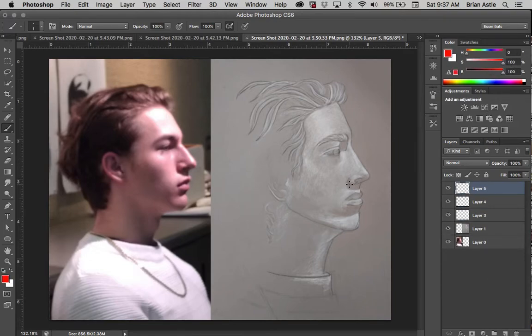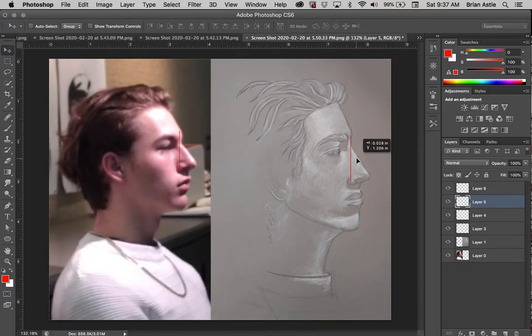So I'm going to take the distance from the nose to the chin, and what I'll do is when looking at the model, I'll place my pencil on the bottom of the nose, and then I'll place my thumb on the bottom of the chin, and then I will move it up, and I'll see where that intersects. Now in my drawing, I have to do the same thing. I have to go from the base of the nose to the base of the chin, move it up, and